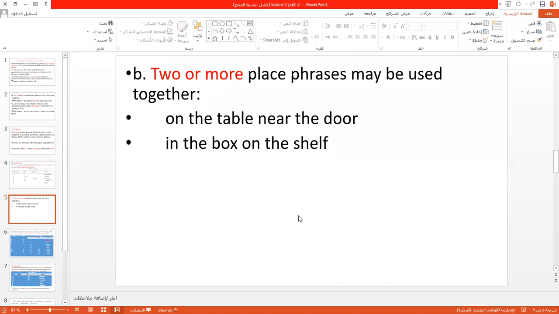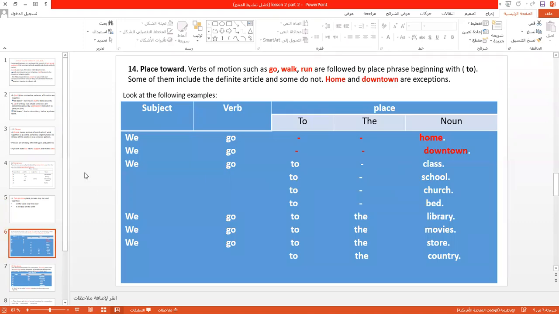Okay, good. Good. Good. So, let's go to the